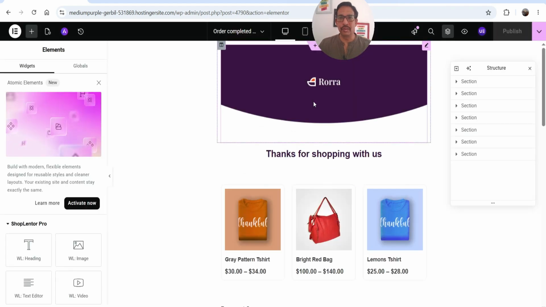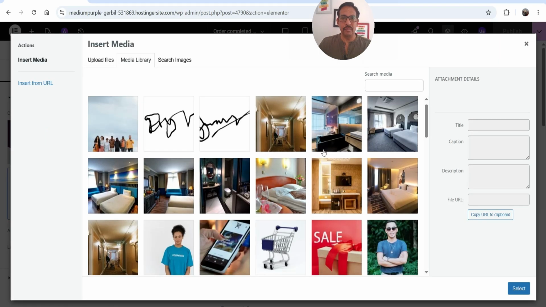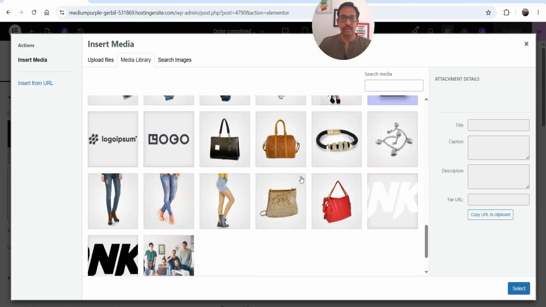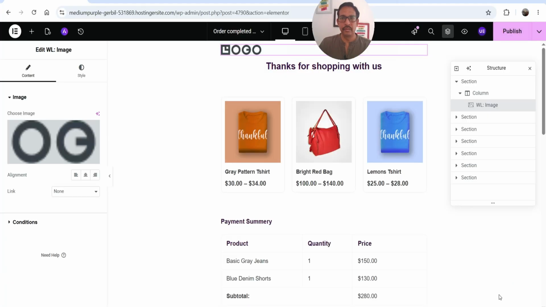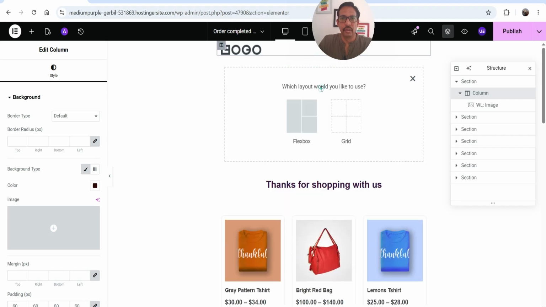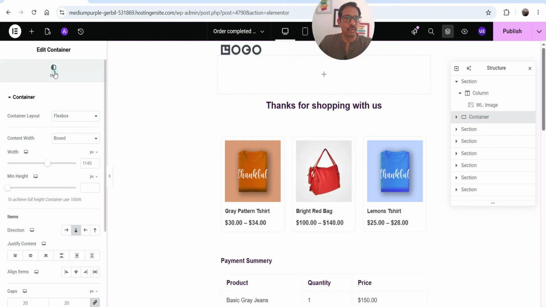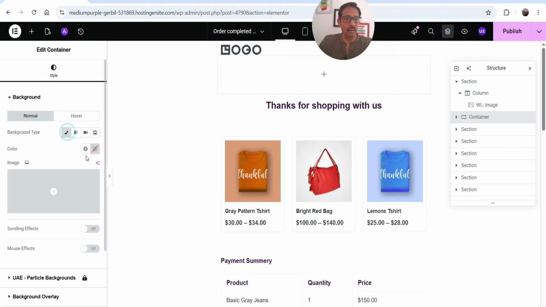Alright, so this is a new template. Again, we have a logo at the top. If you want to change it, you can change the logo. This is an entire image. So let's select new image here. Alright, this does not look good, so I'm going to add a new section here. Click on plus sign, add a new section. Let's go to style settings, change the background color,